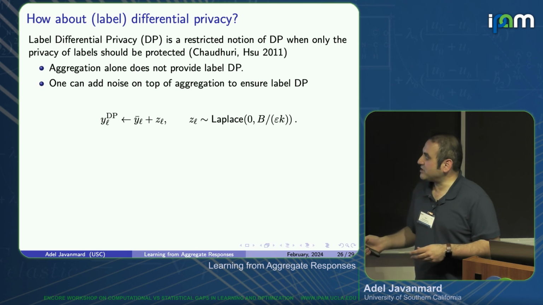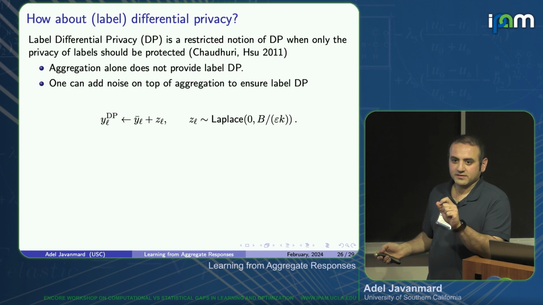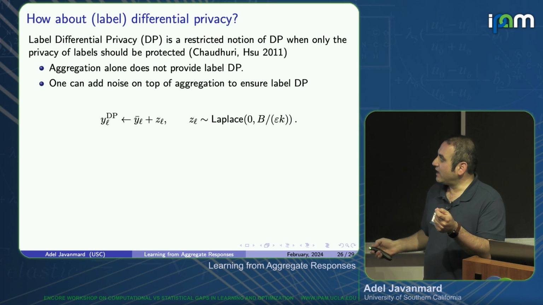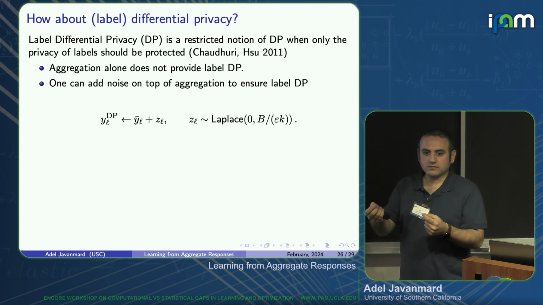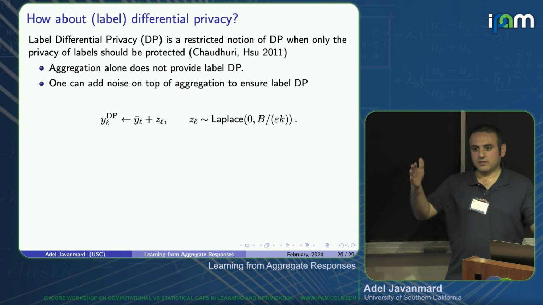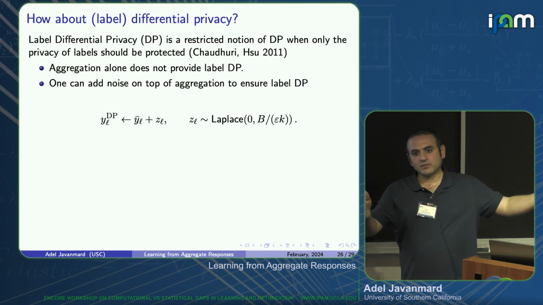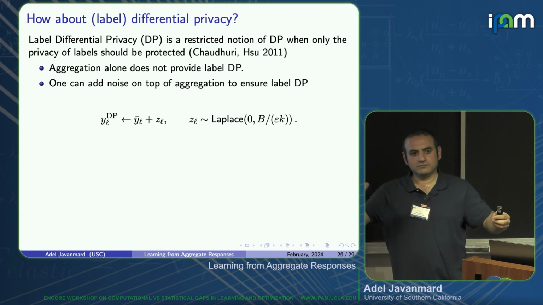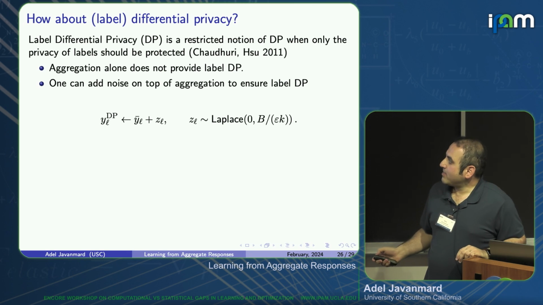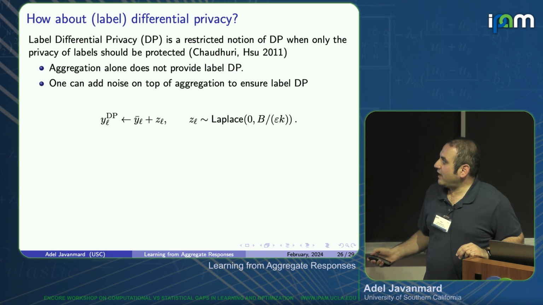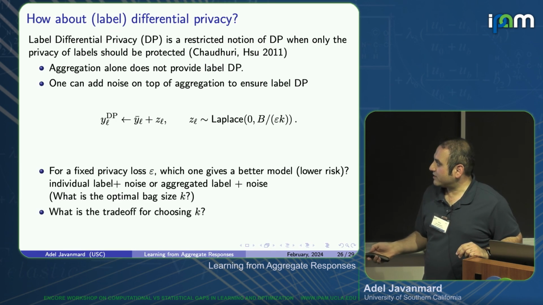So here, if I change one of the individual responses, and let's say the response is bounded by B, the sensitivity would be B over K on the aggregated response, because this one would be aggregated with K minus 1 others. If I change one of them from minus B to B, the sensitivity would be B over K. So I add this Laplace noise, and it is easy to see that this gives you epsilon DP just by the usual classical Laplace mechanism.